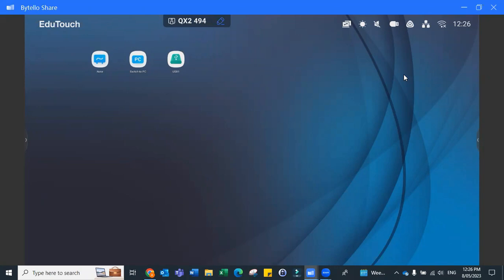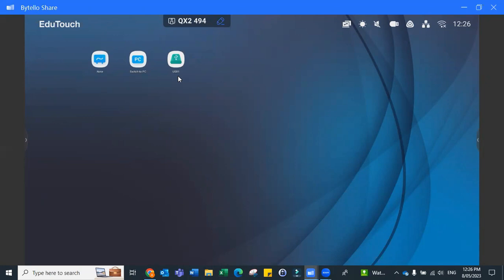You'll notice there are 3 icons in the centre of the home screen. One is the whiteboard, and the other 2 are optional. The switch to PC would appear if you have purchased an optional PC module, and the USB will appear if a USB hasn't been inserted into one of the many USB slots. You'll find USB slots in the lower front right-hand side, and the front and also around the lower right-hand side